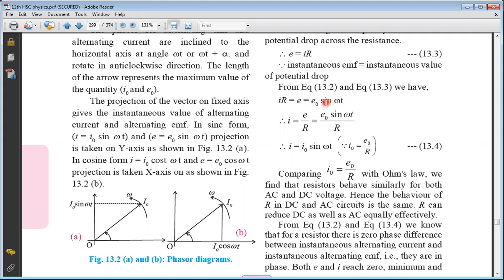which is 0. Then as coil rotates further from 180 to 270 degrees, sine of that becomes negative and EMF becomes negative, which means EMF starts increasing in the opposite direction. And at angle 270 degrees or 3 pi by 2 radians, sine 270 degrees is -1, EMF induced will be minus E naught. And then when coil has rotated through 360 degrees or 2 pi radians, sine 2 pi is 0. So EMF again will become 0.